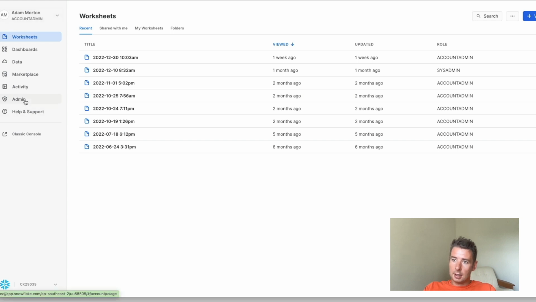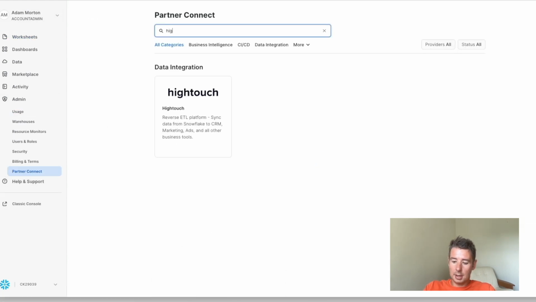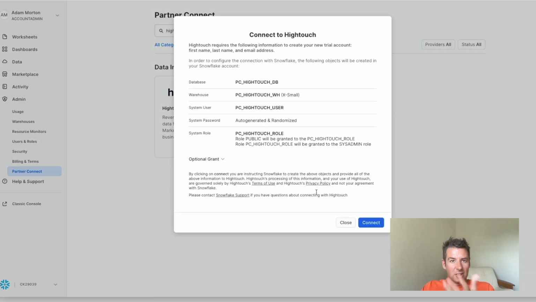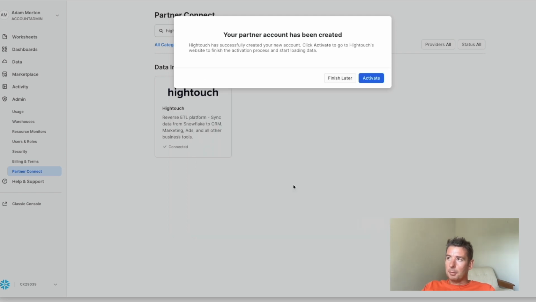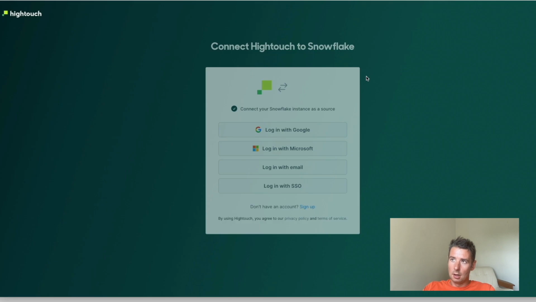Okay, so now I'm back in and I should be validated with an email address. I go back to Partner Connect, I go to Hightouch, and the reason why I'm showing you this is if you get the same issue, you know what to do if that same message comes up. So now I get a different message, the dialog box says partner account has been created. Click activate to go to Hightouch's website to finish the activation process and start loading data. So let's click activate. And we'll head to the Hightouch website,